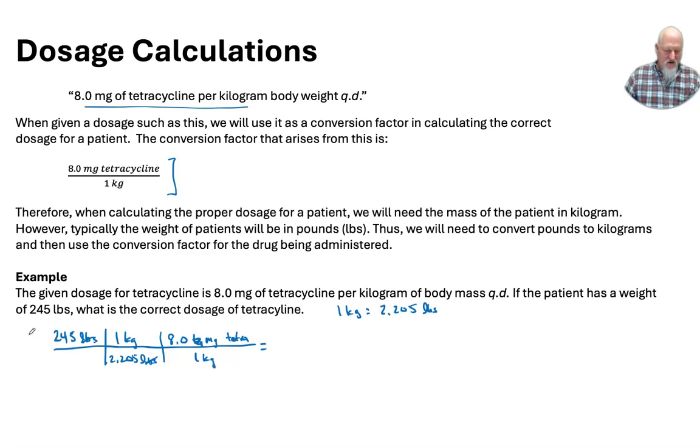We can see the kilograms cancel, and the units I have left are milligrams of tetracycline. So doing our calculation, 245 divided by 2.205 times 8.0, right? Dividing by the numbers on the bottom, multiply by the numbers at the top, gives me